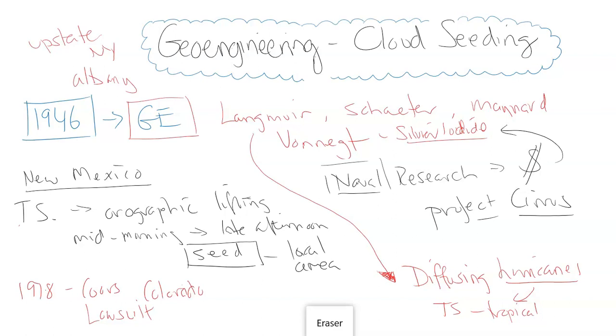So this is, again, very, very interesting, because this started quite a long time ago, right after the war. And again, for military application for the planes came the cloud seeding idea. And obviously, since lots of lawsuits in the 70s and 80s, it's been diffused. But again, it's come back into the mainstream the last 20 years with commercial airplanes and their contrails, their chemical trails. And there'll be more videos about that, but again, this is the first ever cloud seeding, 1946, New York State, GE, and using dry ice.